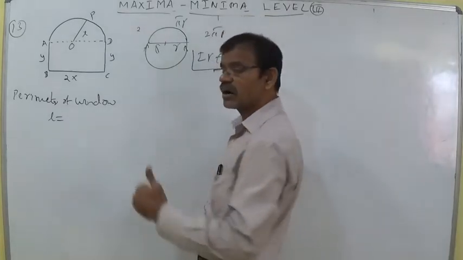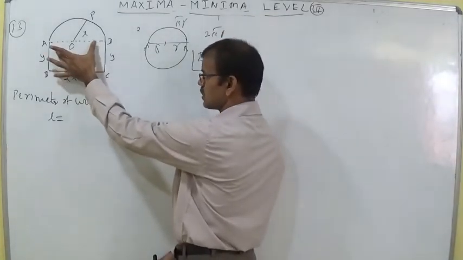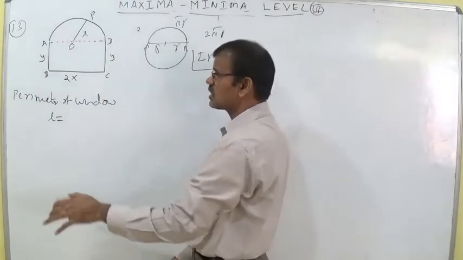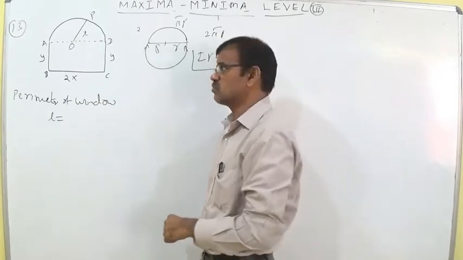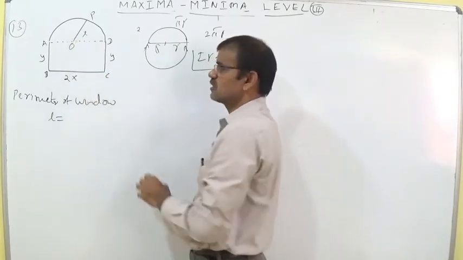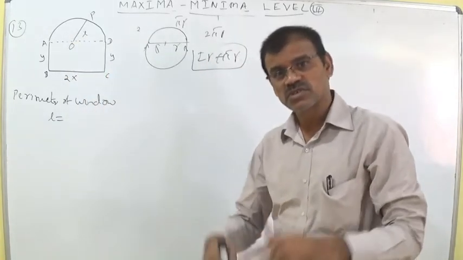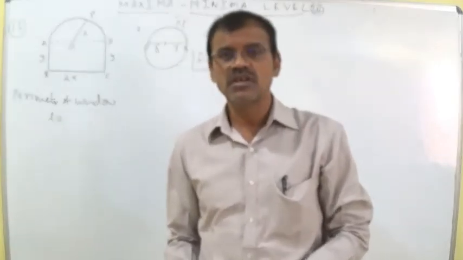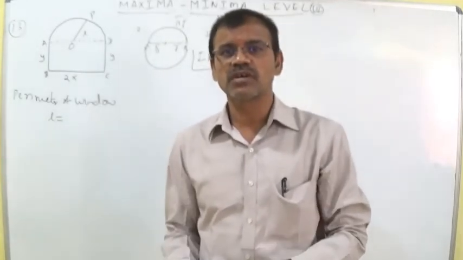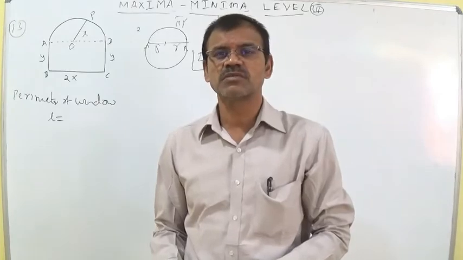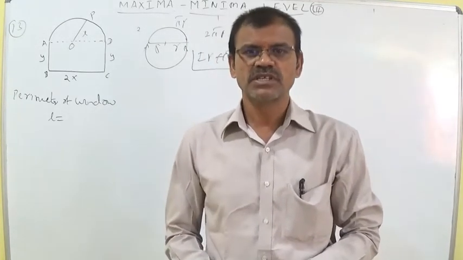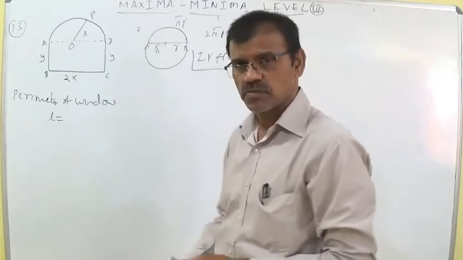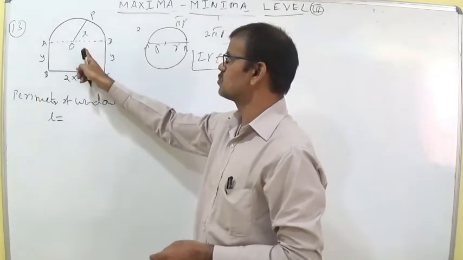But here according to our question this is not there. That is why r plus r you should not write. I mean x plus x you should not write. That is why I indicated with the dotted symbols. So only pi x you should write. Some students and some staff also used to think like that: perimeter of circle is 2 pi r and perimeter of semicircle is pi r. It is absolutely wrong. Perimeter of semicircle is 2r plus pi r. Here 2r is not there, so don't write this one.